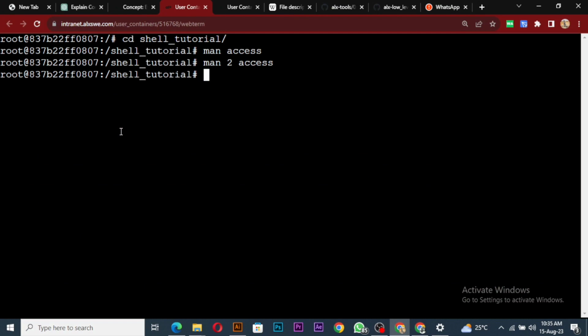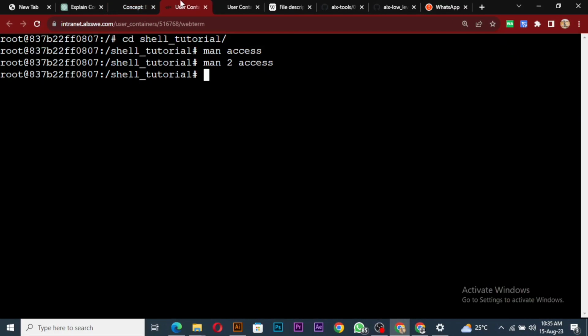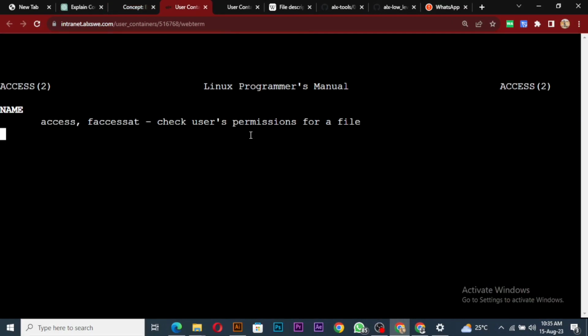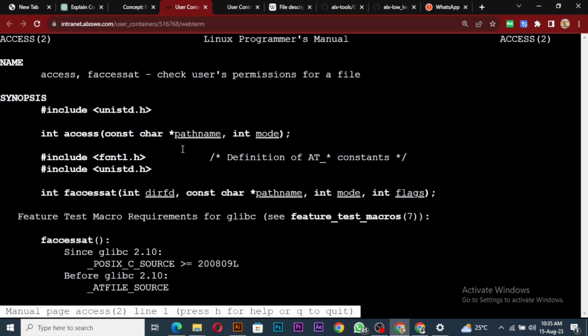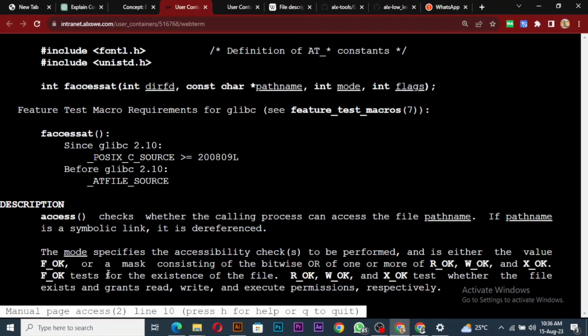Let's dive into our project. So what we'll be doing is, it says find a file in the path. We are looking for a file in a particular path, but they said it's our current path. So we don't need to put some flags like /bin/ls. It means we just write the file name and look for it. Which means that if we man 2 access, we're just going to put the file name here because we're in our current path, and then we'll say F_OK,